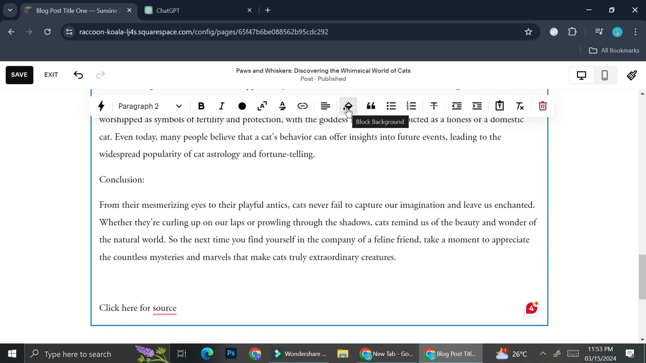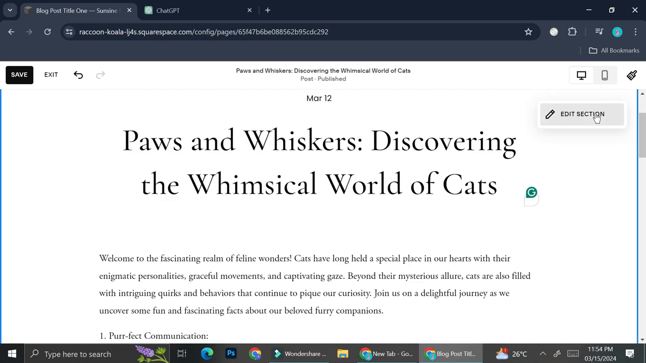And you can also block the background if you want. You can create a quote, you can create a bulleted list as well as a numbered list. You can set the alignment, etc. And if you would like to edit your